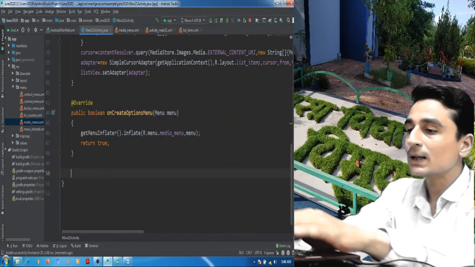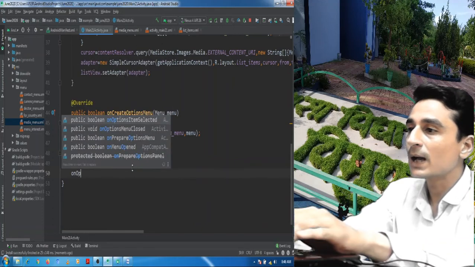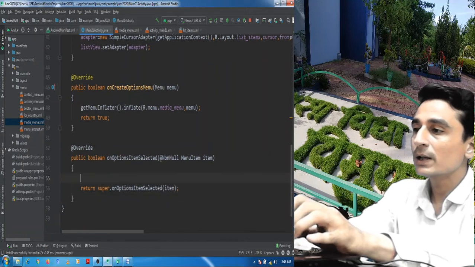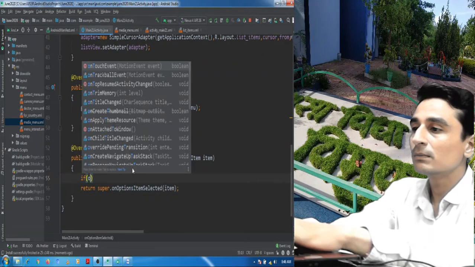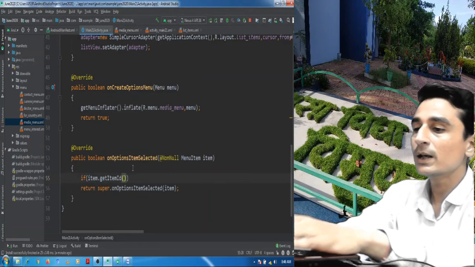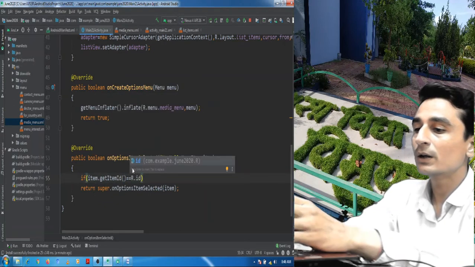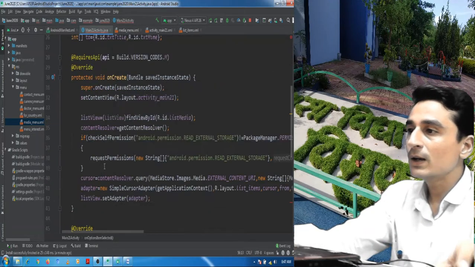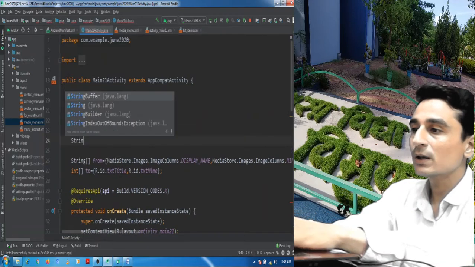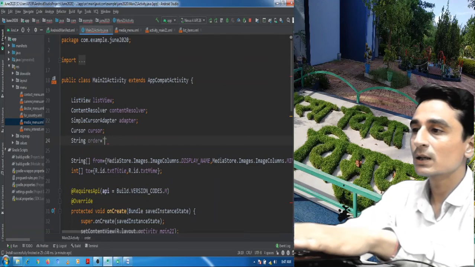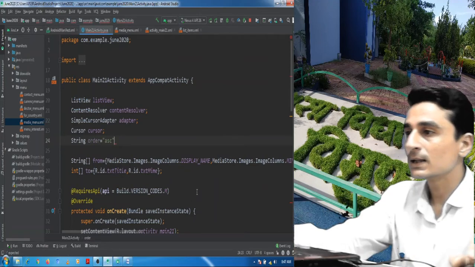Now to provide the client selection in onOptionsItemSelected, I will check here. What will I check? If item, that is menu item, dot getItemId equal to R.id.ASC order, then I will define one string here, String order, is equal to ASC, by default ASC.